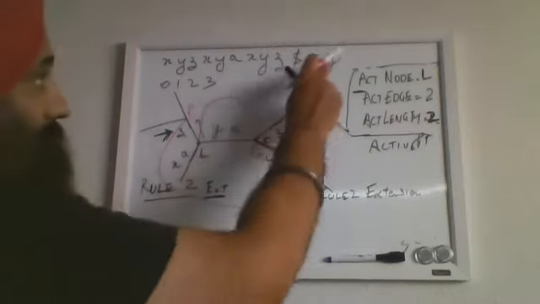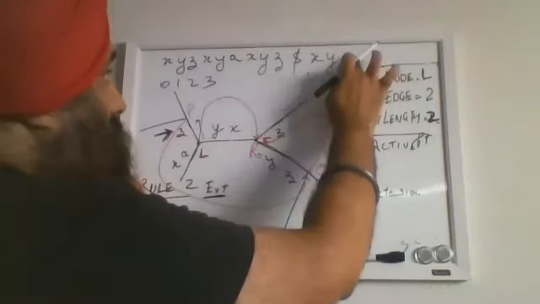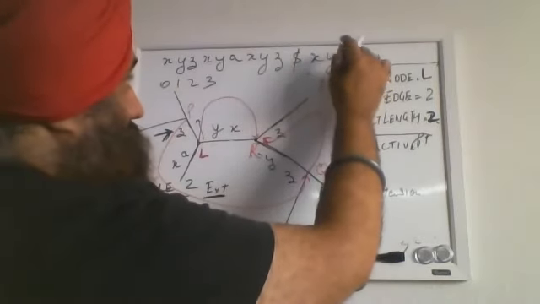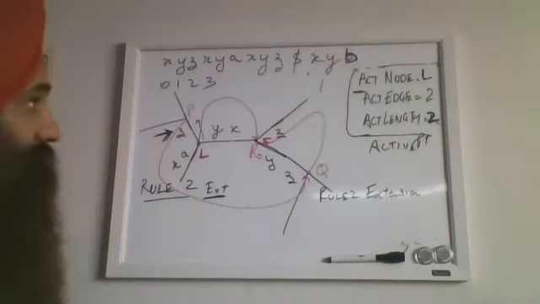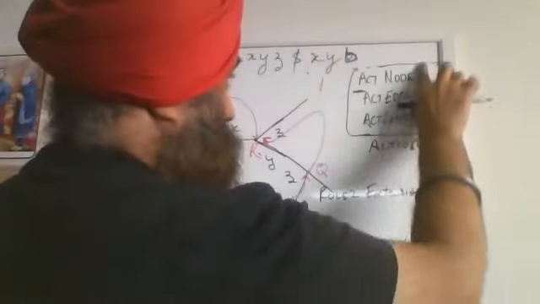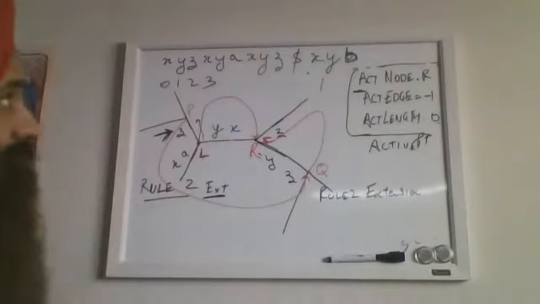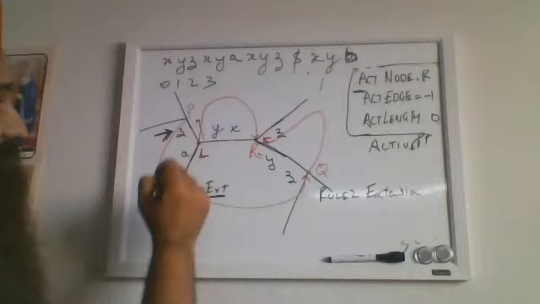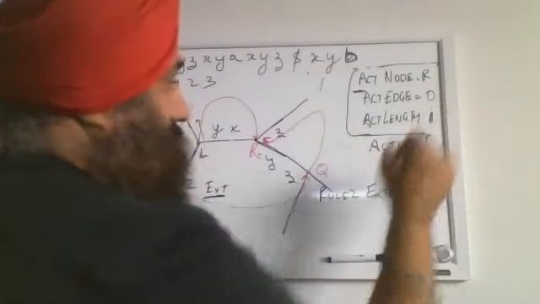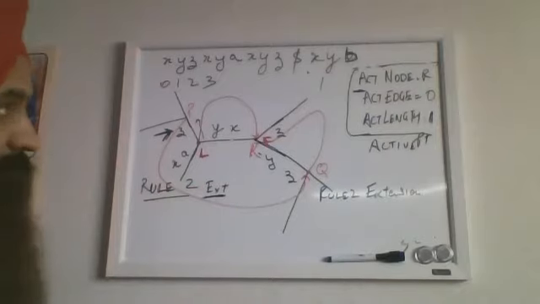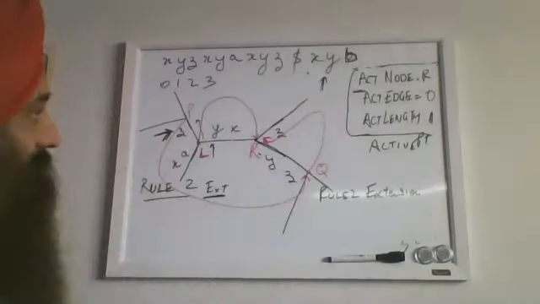Now suppose after dollar you have to add this string xyb, and initially you are at root, -1, 0. You begin from root. After dollar you see x is here, your edge becomes 0, your length becomes 1. Try to understand, this is important. Then your pointer comes here. This is your active point.